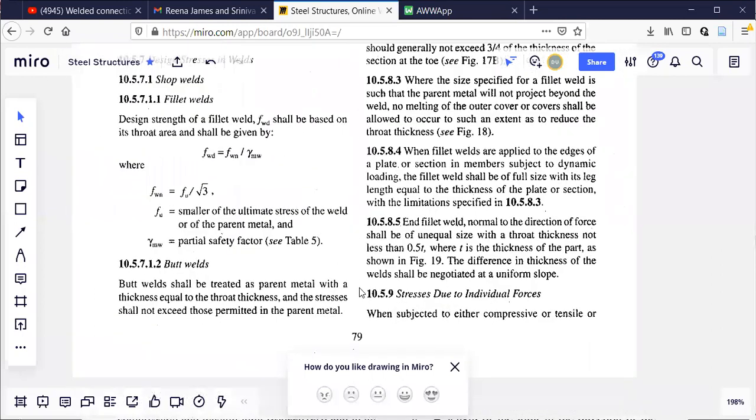If you are having a soft copy, later on you check page number 79. Just note it. In today's discussion I'm going to solve a problem on welded connection. 79 is an important page number. This is 79, not the page the PDF shows, that will be different. The actual page number of the IS code is 79. You should open 79 of the code book.